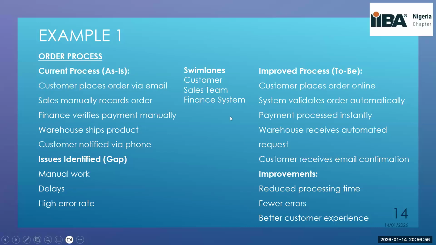Now, if you want to map it out, we have the swim lanes, the participants involved: the customer, the sales department, and the finance department. These will be your swim lanes. And now your to-be process will be, we need to improve on these manual processes. We need to fix these three problems that we've been able to identify. Now, the new process will be the customer places order online. This is automation. Now, system validates order automatically, payments processed instantly, warehouse receives automated request, and customer receives an email